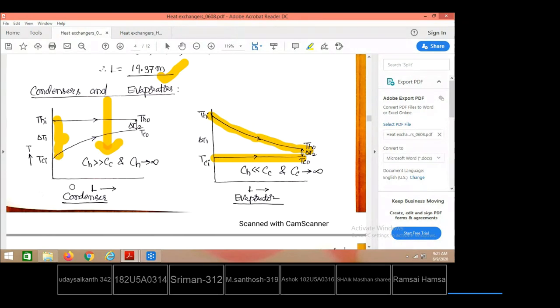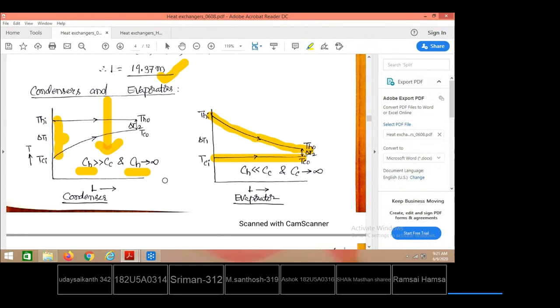So this means that the specific heat of the hot fluid is infinity. That means on receiving the heat, the fluid immediately changes to the other phase. That is nothing but the heat capacity of the fluid being too large, therefore the fluid is undergoing the phase change and transfer of heat. So immediately the phase change will take place.